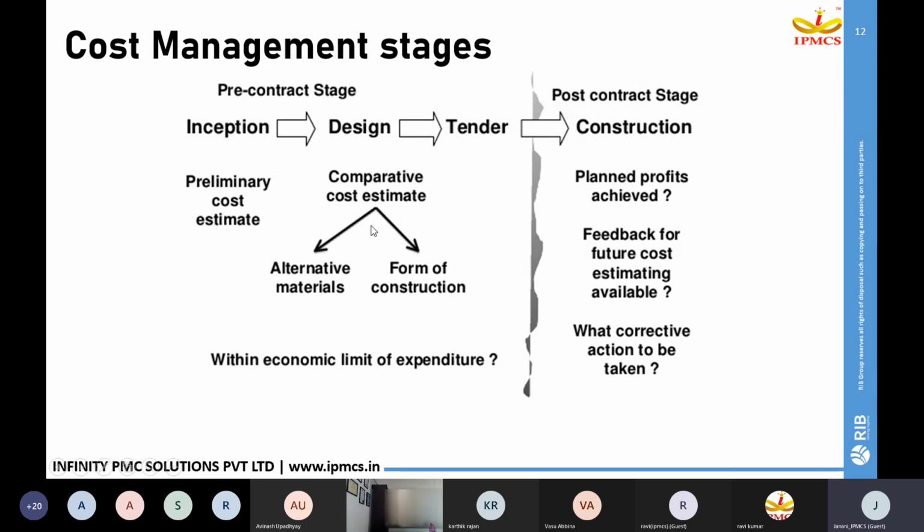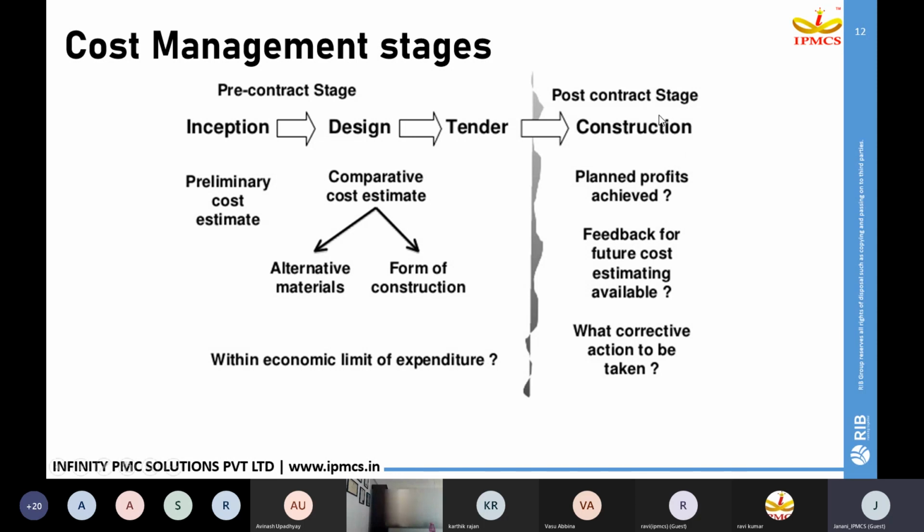The purpose of preparing the comparative cost estimate is to focus on whether we are going within the economic limit of our expenditure. And once our cost estimate is prepared, as I told in the previous slide, we'll float tenders among the contractors, the contractors will be finalized, and we'll hand over the project to our contractors.